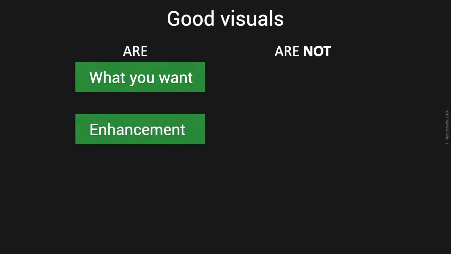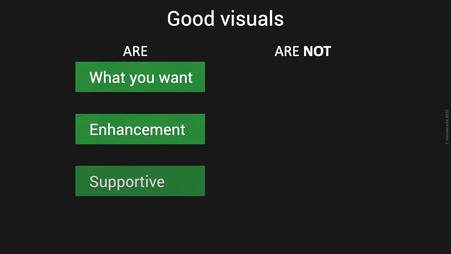Just try to close your eyes and hear yourself do the talk, and imagine that screen next to you or behind you, and try to see what you would like to see on that screen, which would really help you convey your message across. And therefore, a good visual should be seen as an enhancement to the words that you use, an enhancement to the talk. It should be supportive. It should support what you're trying to say. It should support you in trying to say it.